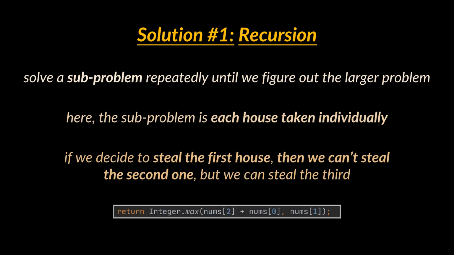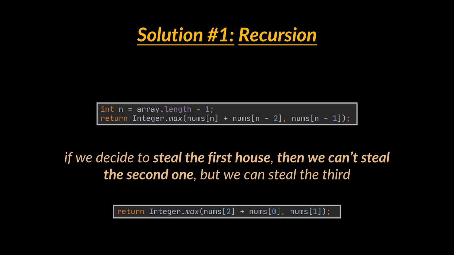Which means that our decision will be based on the simple equation you see. If the amount of money stashed in houses 0 and 2 is smaller than the one stashed in house number 1, then we should steal house number 1, right? So, if the array we had consisted of n houses where n equals 3, then the maximum amount we can steal is the maximum between the money stashed at n plus the money stashed at n minus 2, and the money stashed at n minus 1. That is the solution to the subproblem.